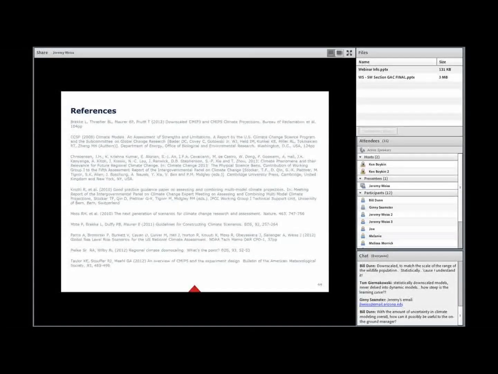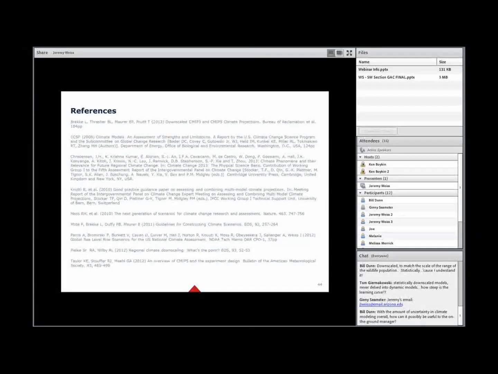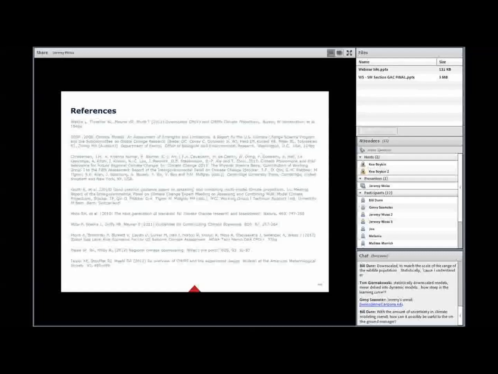So if, for example, in our riparian areas, there may be different scenarios for future stream flow. If you're thinking about any forest applications, maybe there are different scenarios regarding the frequency and intensity of future drought.